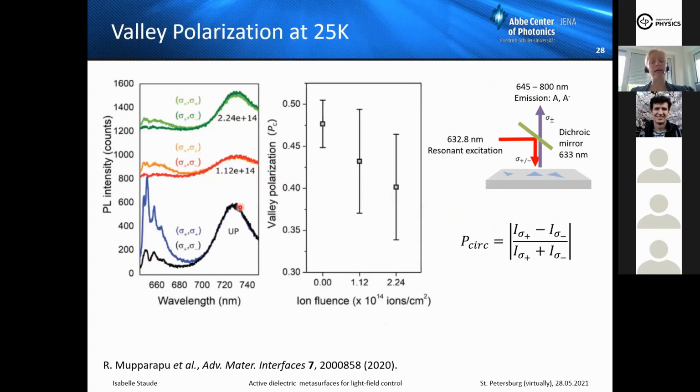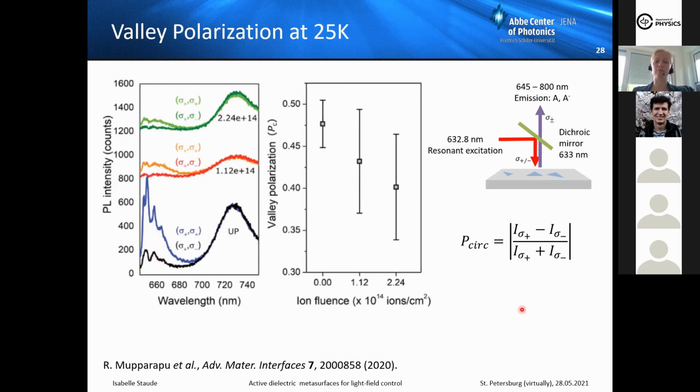And we also checked again the valley polarization at low temperatures. So here are some measurements at the bottom for the pristine flakes, and here for two different milling doses. So what we see is the photoluminescence intensity for the different circular polarizations of the emission. This peak here at the right hand side is just substrate fluorescence, nothing changes here, but in this emission bandwidth of the MoS2, we see that the circular polarizations emit differently now,